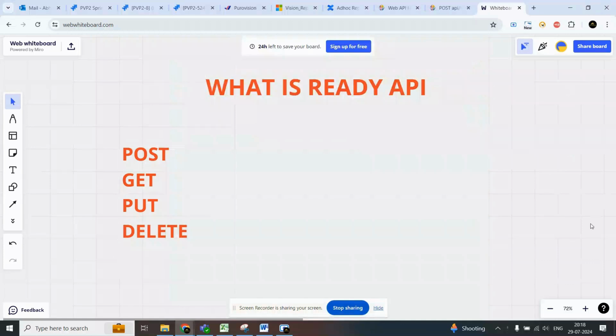And team, today we are going to understand what is Ready API, and how to hit four requests like GET, PUT, POST, DELETE with the help of this Ready API. So first of all, we will try to understand what this Ready API is. So guys, this Ready API is nothing but